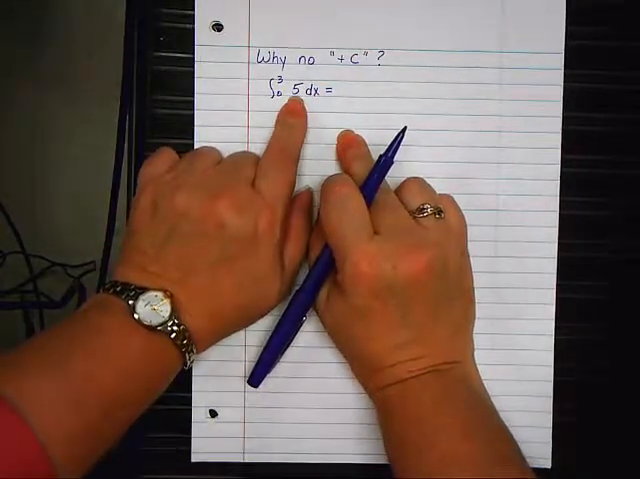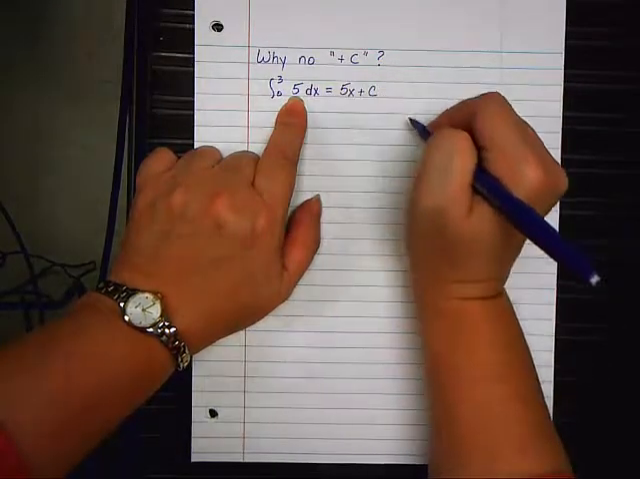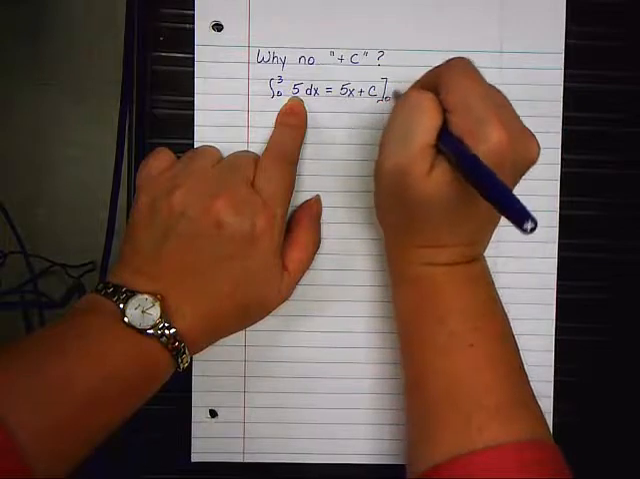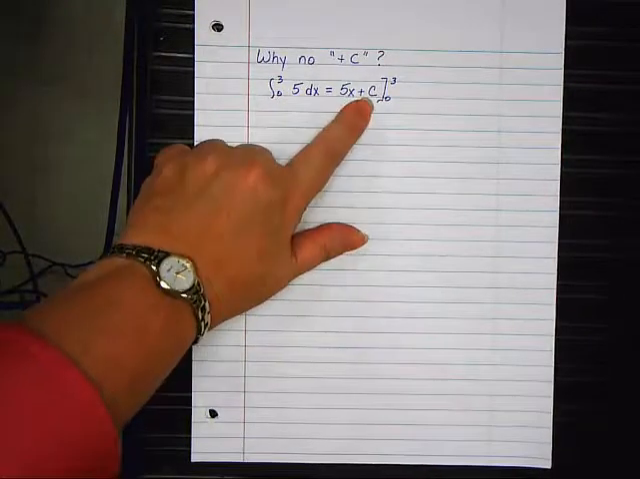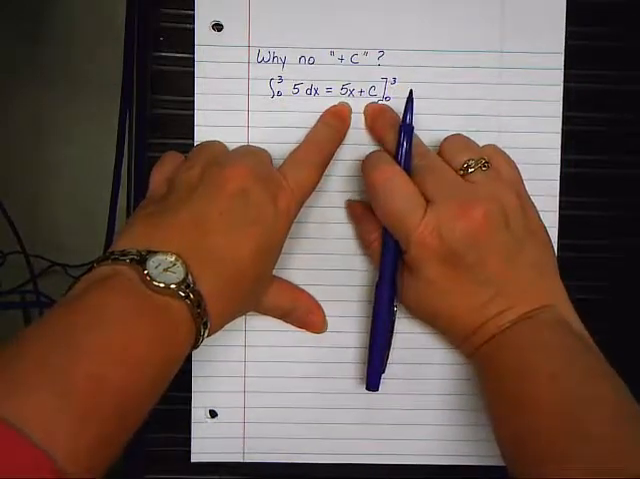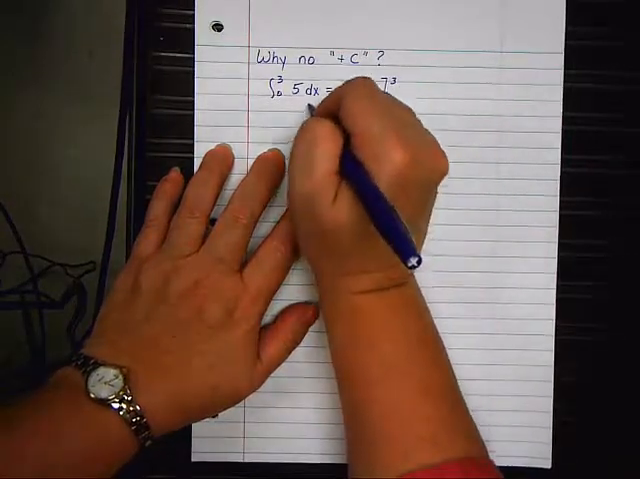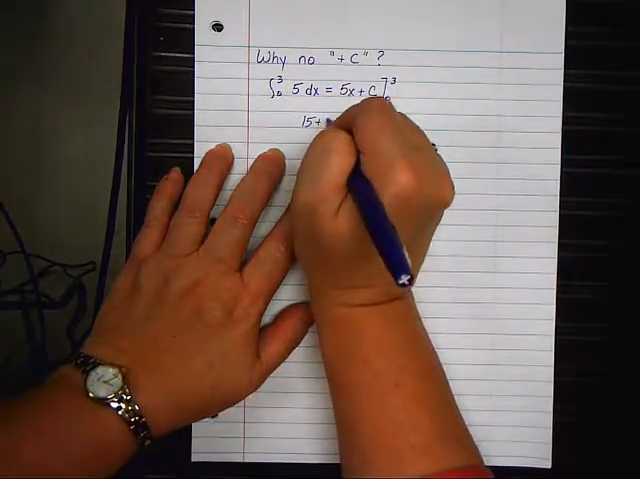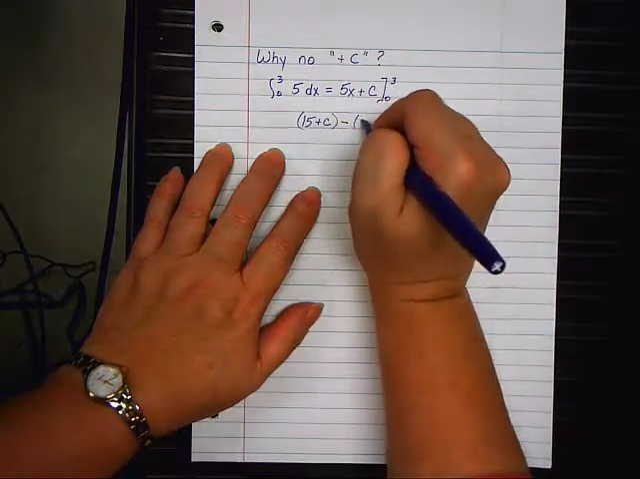Okay? The antiderivative of 5, like we said, is 5x. Go ahead and put plus c. Go ahead and put it. Then put the 0 to the 3. Okay? Now remember that c is a constant. So when you're plugging in the 3, you don't worry about the c, but you bring it along. So if you plug in the 3, you would get 15 plus c minus, now plug in the 0, 0